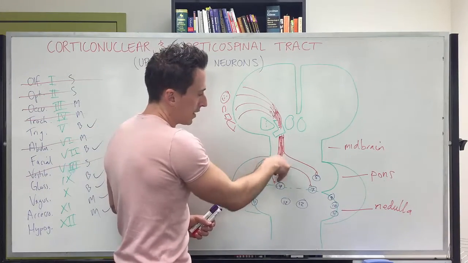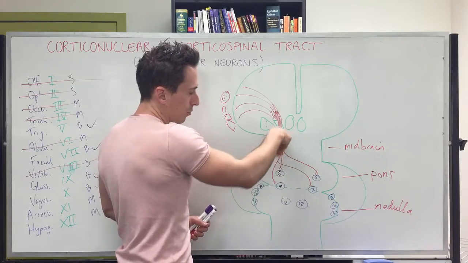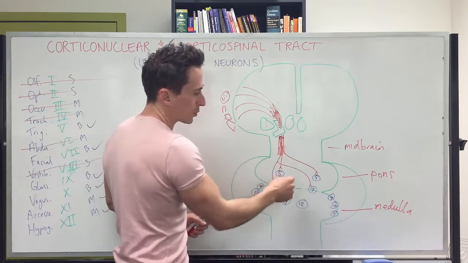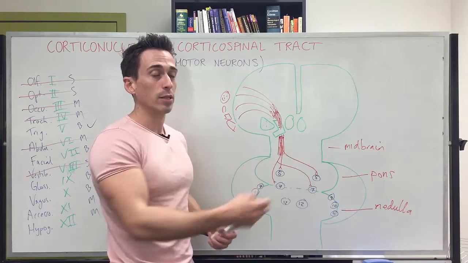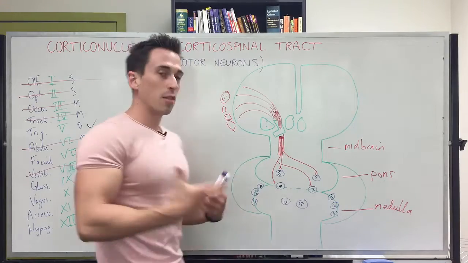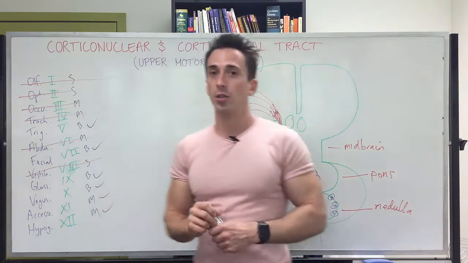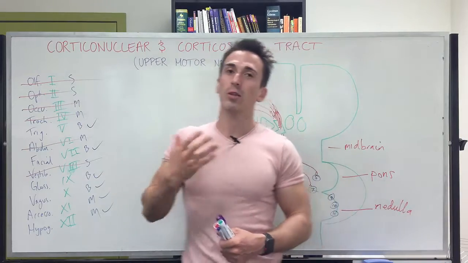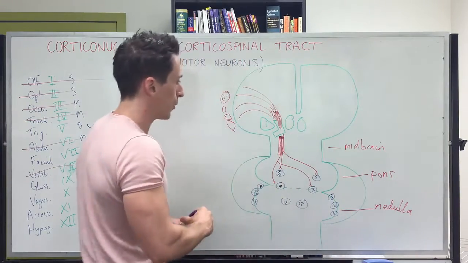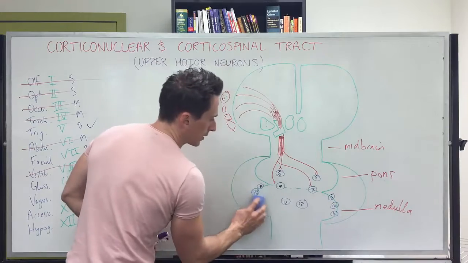tracts, and then these particular motor nerves are going to branch off and they're going to synapse with the lower motor neuron, which goes to the muscle, tells it to work. So that is the corticonuclear tract. What happens when we talk about the corticospinal tract? Well, let's just get rid of